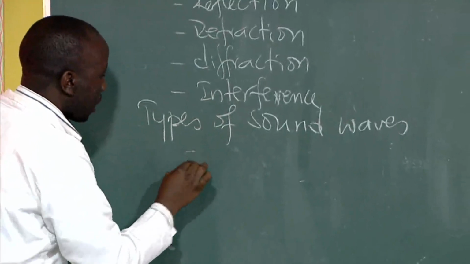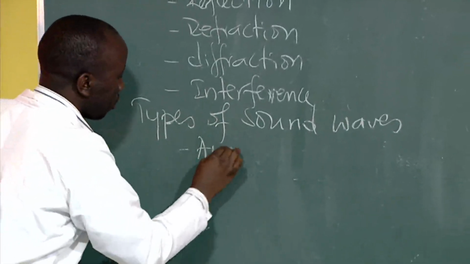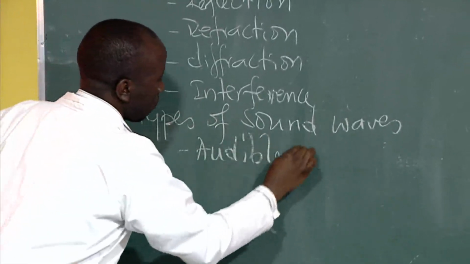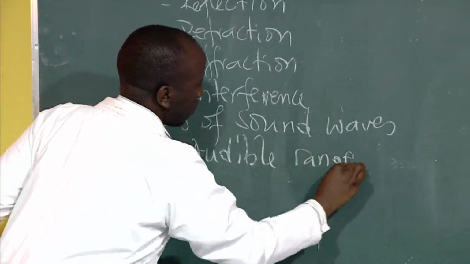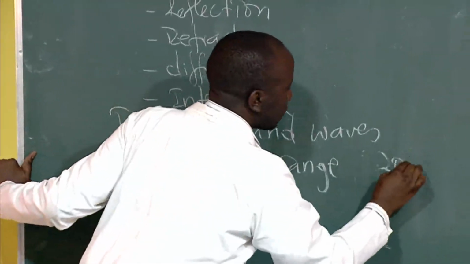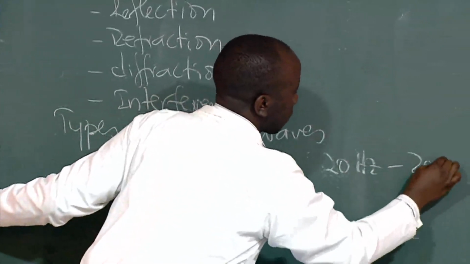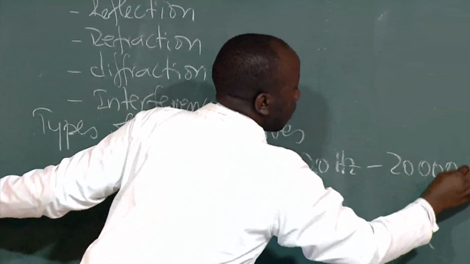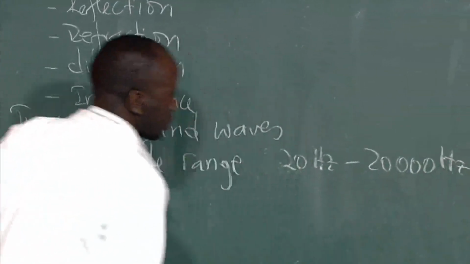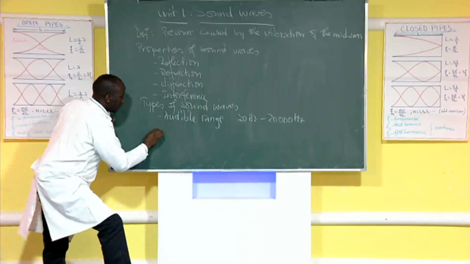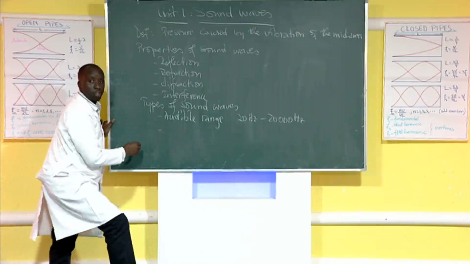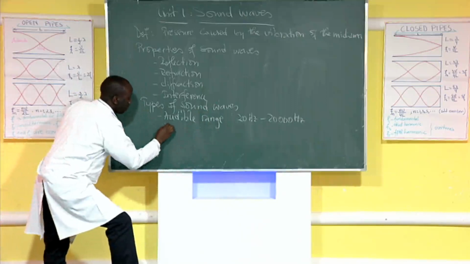So we have one, which is the audible range. This is 20 hertz to 20,000 hertz. You see, it is a very big range. And then we have another type. This is number 2. It is what we call